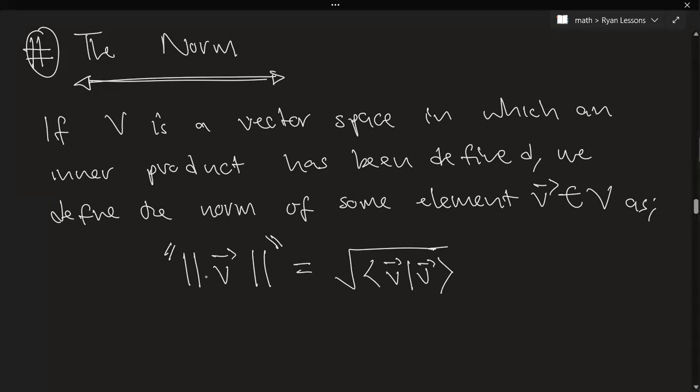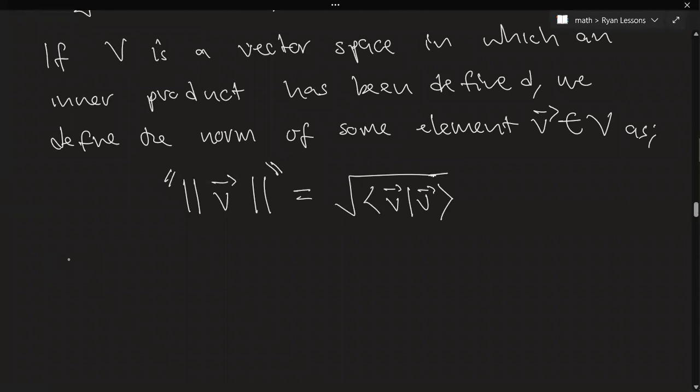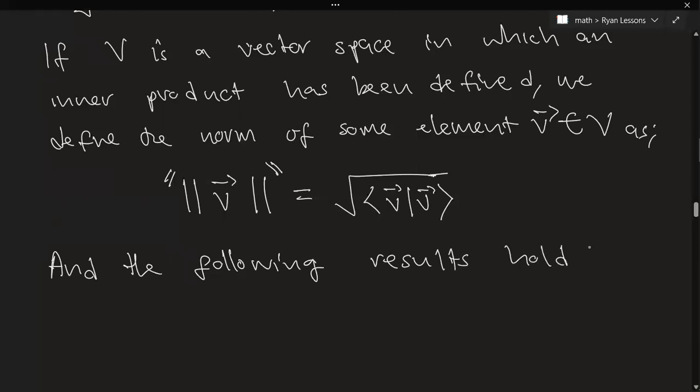So it is one of the things that you should be able to find for each object contained within a vector space, as long as there exists an inner product that has been well defined within that space. So that's what we refer to as the norm. This norm has the following properties, and the following results hold true